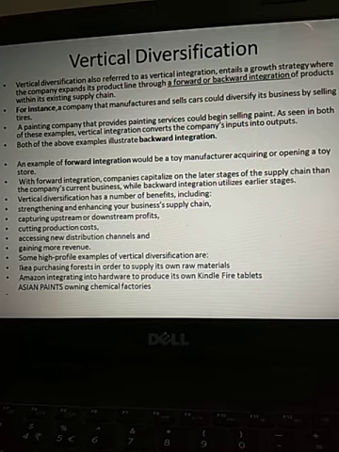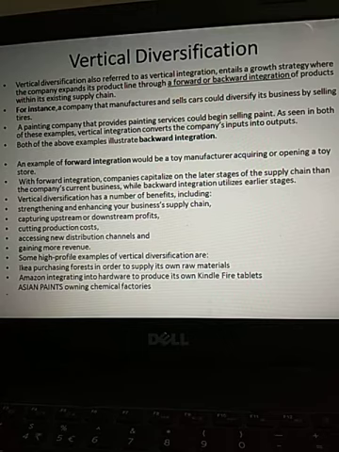So what are the benefits of vertical diversification? It strengthens and enhances the business's supply chain, capturing upstream or downstream profits, cutting production costs, accessing new distribution channels,